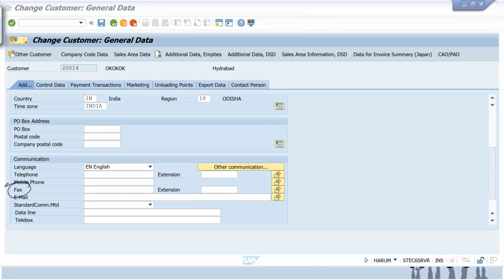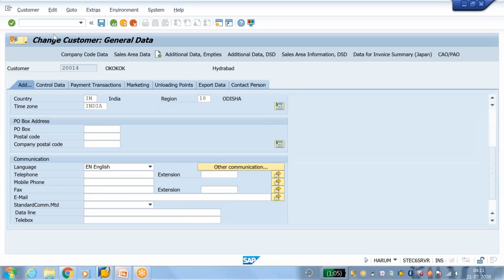So I want to change this description to customer notes, and I want to give some description for customer notes. So I'll change this description and use it for a different purpose. Now how do we change this standard field description in SAP?